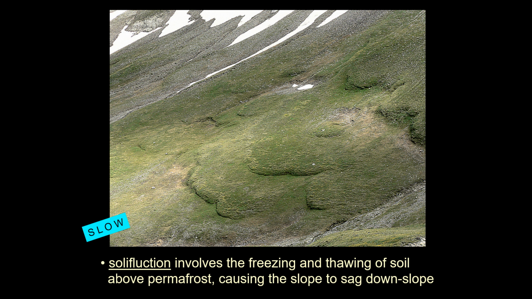One type of creep that I wanted to mention happens in high elevation areas where layers of rock and soil begin to thaw as you go into the spring months, and when they thaw, they begin to sag down the mountain. So you may have a layer of rock that's below that doesn't thaw, that remains frozen, permanently frozen ground. And so we call this solifluction, this freezing and thawing that happens in this relatively thin layer of rock and soil that's above the permafrost, above the permanently frozen ground, and it sags down slope in response to gravity, producing these